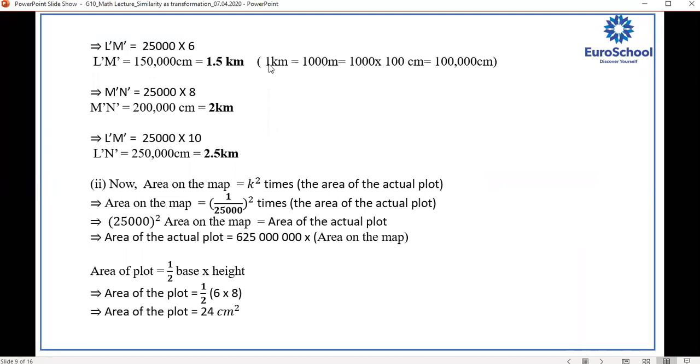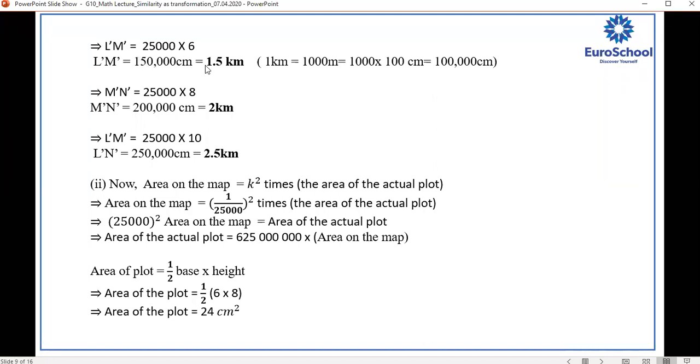How? Let's check it. We know that 1 kilometer is equal to 1000 meters. Now 1 meter is equal to 100 centimeter. So 1000 into 100 centimeter. Understood? See, in each and every question, we are using conversions, so it has to be clear. So 1 kilometer is equal to 1000 meters, which is equal to 1000 into 100 centimeters. So when you convert it, you get 1 lakh centimeters. Now here, look, 1, 2, 3, 4, 5 zeros. So the moment we divide it, what will we get?